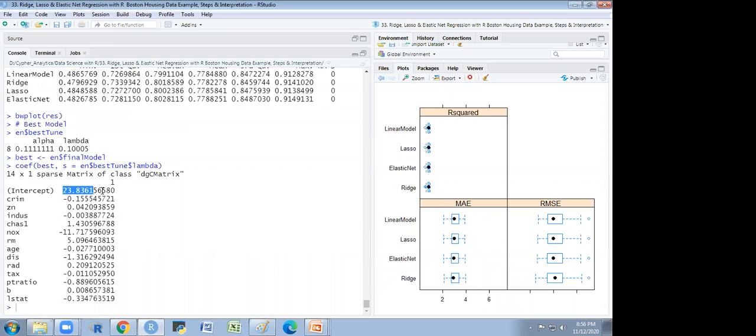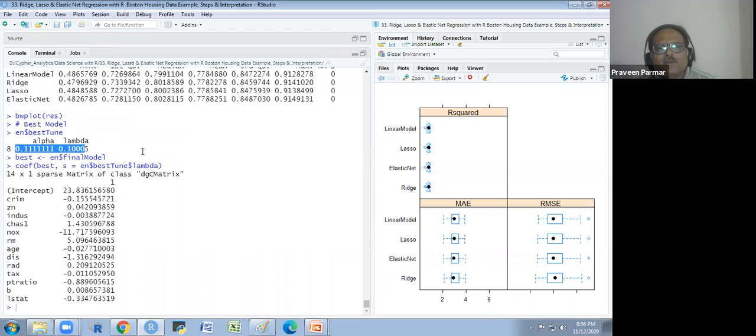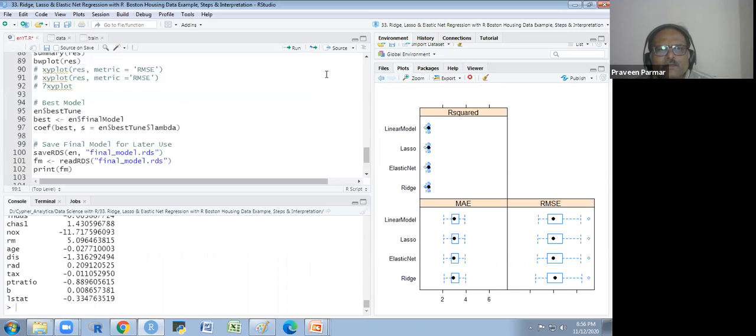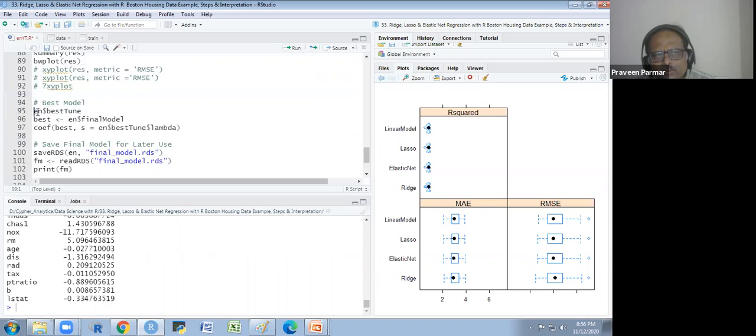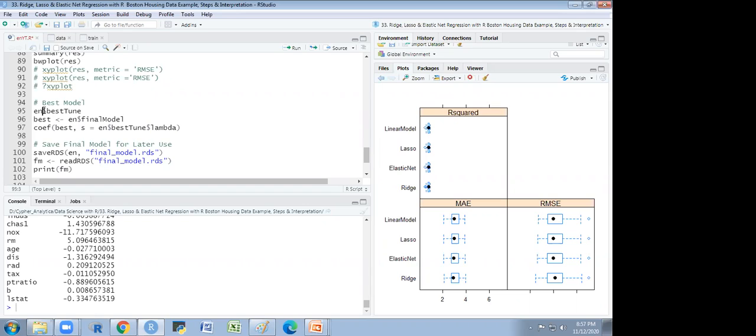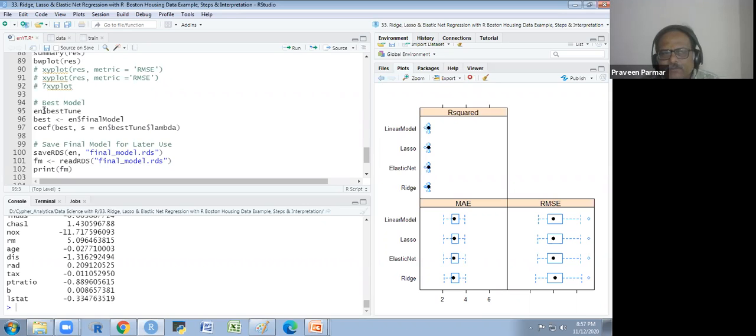Sir, how did you decide that the elastic net model is better? How do you select? You know that in EN, we have just tuned the best model, the EN model. The lasso and ridge are one-sided, no? You know that in the ridge model, we are using alpha 0, and in lasso we are using alpha 1.